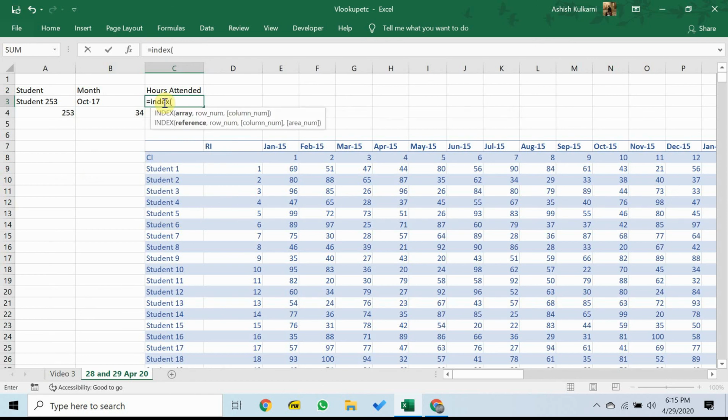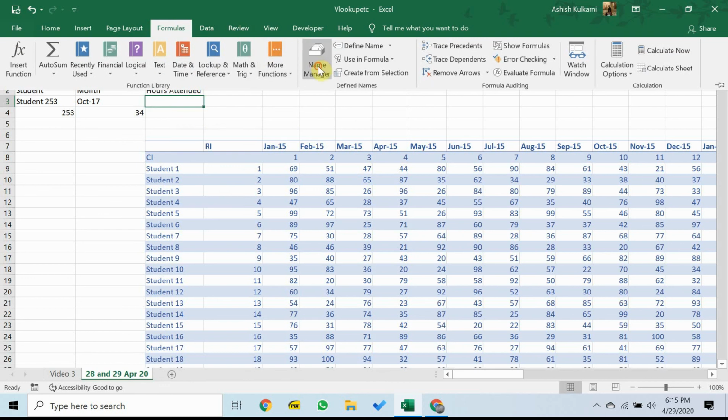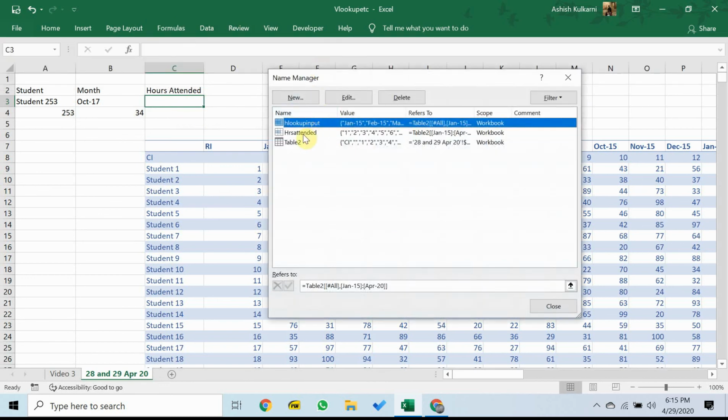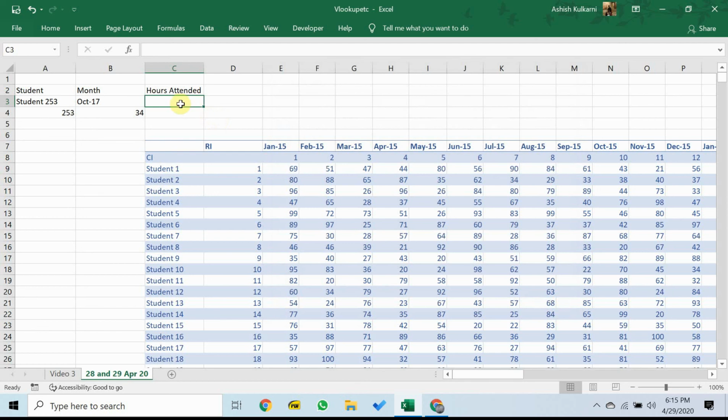And over here, I'm going to choose the example that I used earlier. If you will recall, under name manager, we have already chosen hours attended. That is the array that I'm going to use as an input in the index function, which is this entire array.